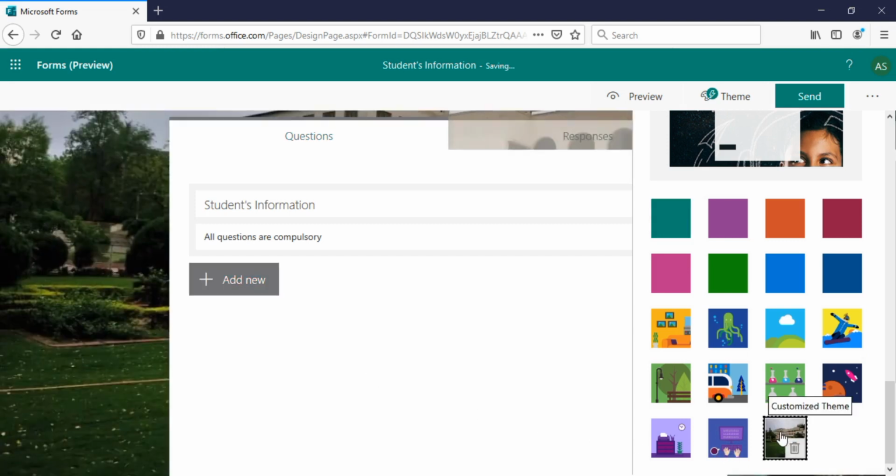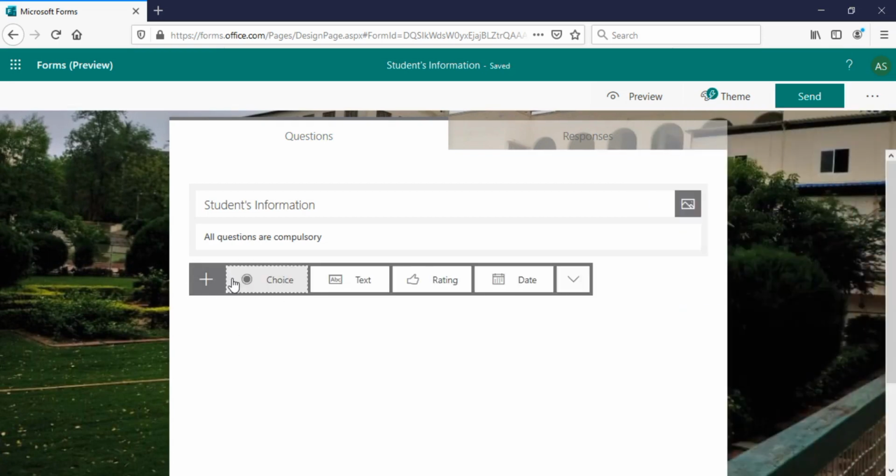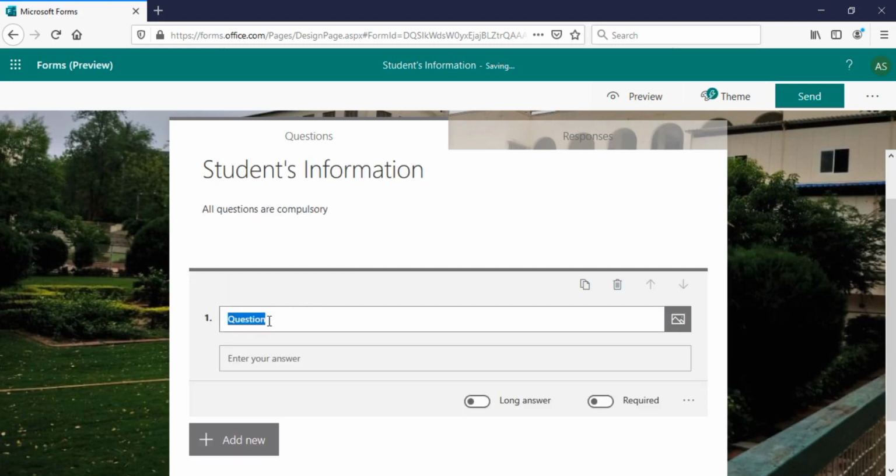Now we will start adding the questions. First, suppose name of the student is the question, so the answer will be the text type. I am selecting the text and the question is name of the student.